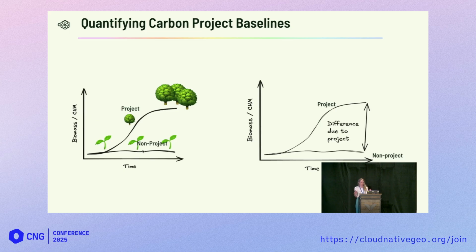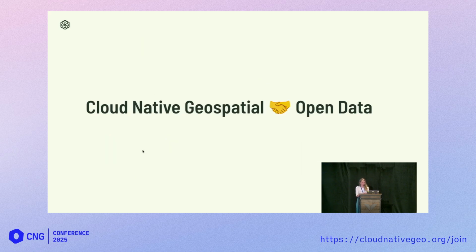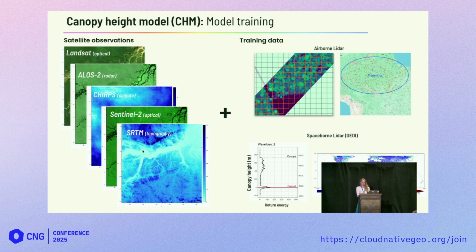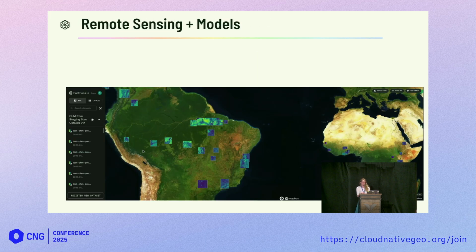You can use remote sensing data. Basically, you want to quantify how much more biomass is growing because it's protected by a project as compared to other areas. Cloud native technologies and open data are best friends, and they've made accessing data to understand forest carbon projects really accessible, especially data that comes from satellite providers and is level 2 and level 3. We can use data from Landsat and Sentinel to make canopy height models, and these are a proxy for biomass. And these are really important because these are a key input into baselines, which input how many credits a project